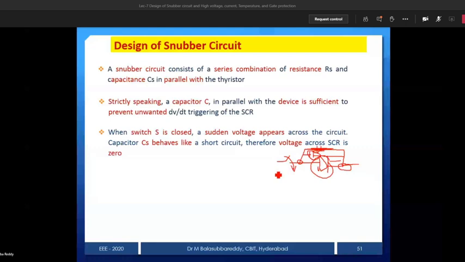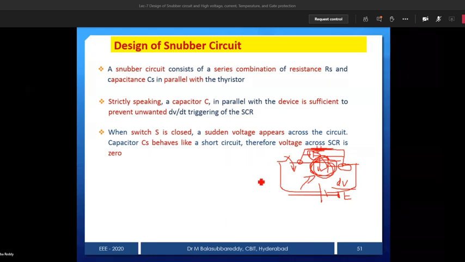If you are not placing any capacitor and the switch is closed, the total voltage you are applying is connected directly to the SCR. So the rate of rise of voltage, that is the dv by dt value, may be beyond the specified value. So what is the specified value? The nameplate gives the value. Yesterday I showed up to 500 volts per microsecond. Up to that the device can withstand. If you apply beyond that, there is a chance of automatic conduction, but that is not our requirement. Actually that is the problem.